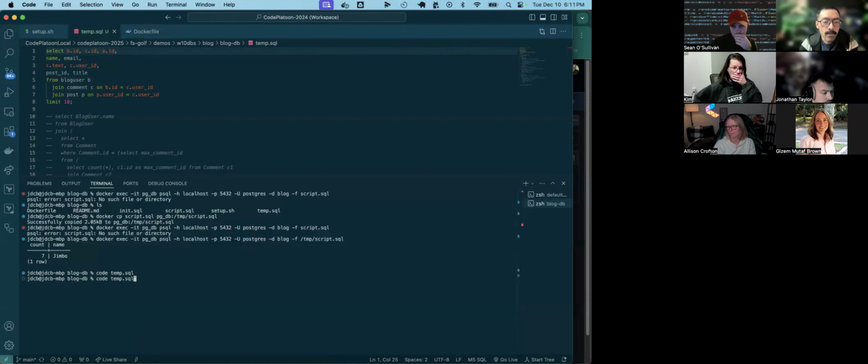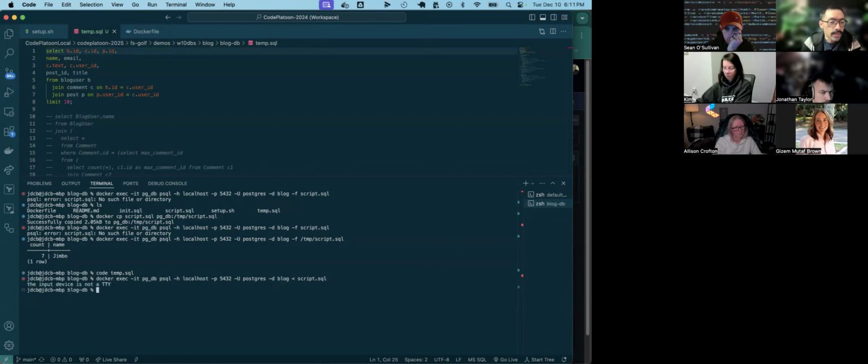So if I don't want to copy this over into my Docker container, instead of running this -f option, I could use a Linux redirect. So redirect is this little caret. It's basically saying, hey, I want to throw the contents of this script into my container where I'm calling this command. So now if I run enter,